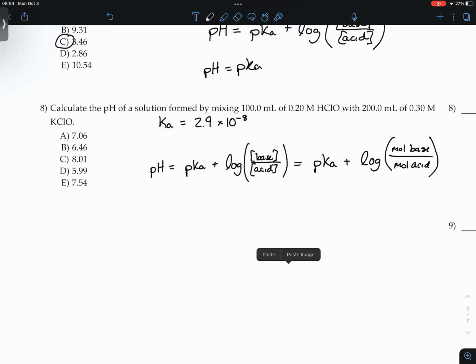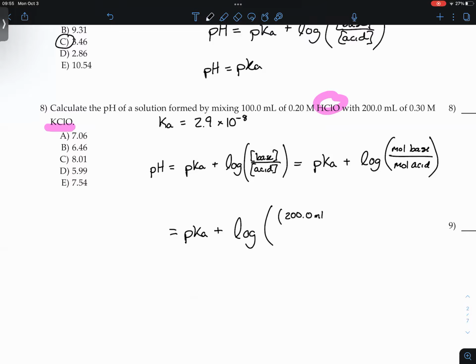pH equals pKa, and I'm going to add now the log of moles of base. So up at the top, I'm going to put in parentheses my base. And remember, this is, I think, maybe the easiest place to get tripped up here. The base is this thing here. All right, this is my acid. So my base would be the